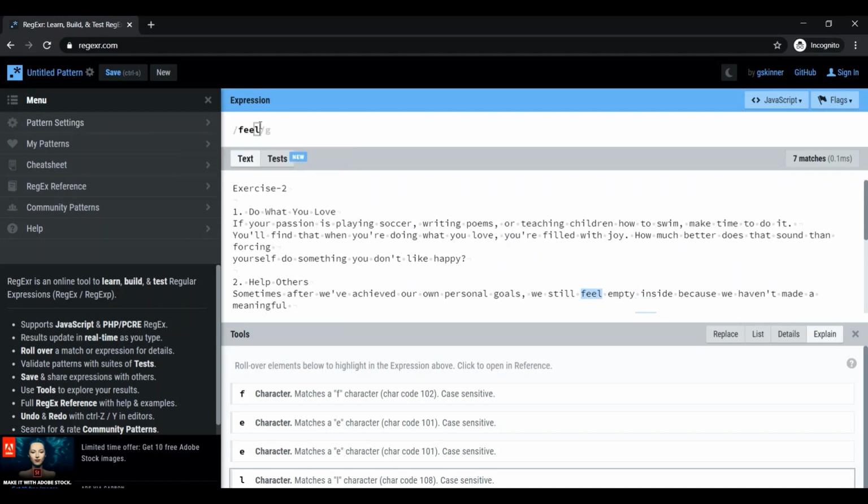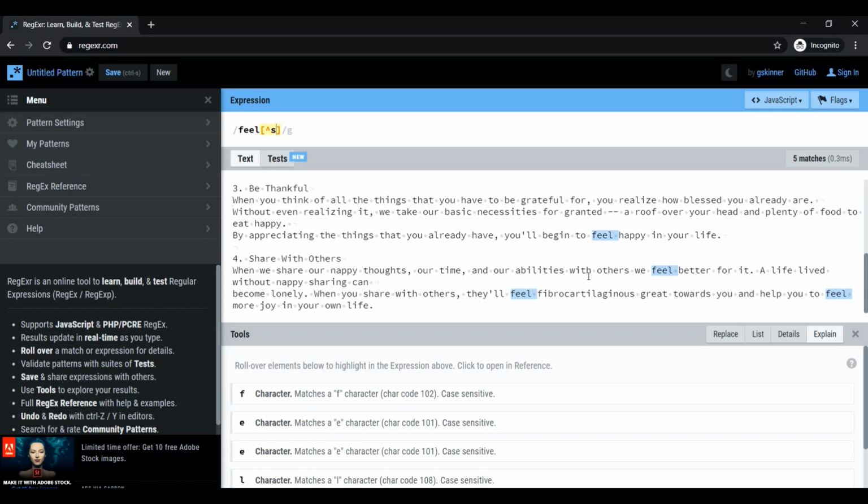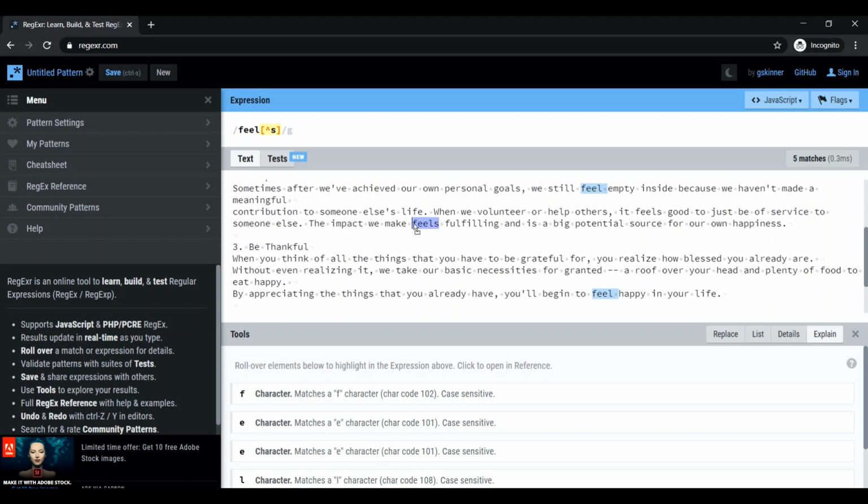So what I'll do, I'll make use of negate here. If I write negate S, you can see it's tracing feel but not feels. Here you can see it's not matching at all.